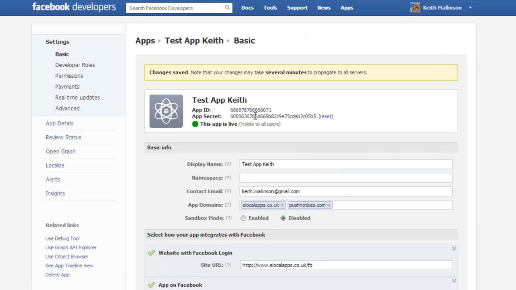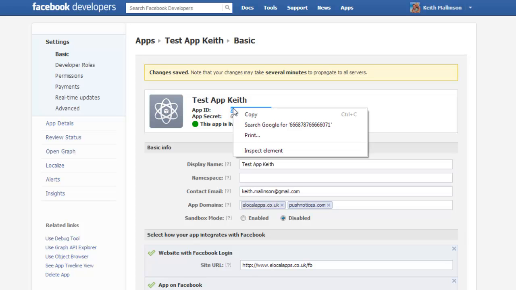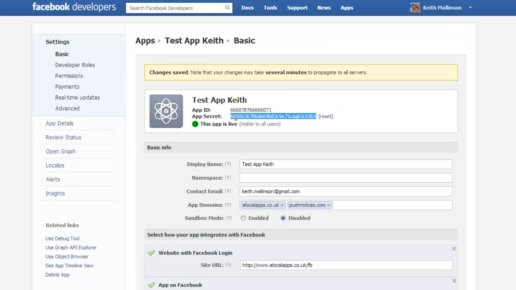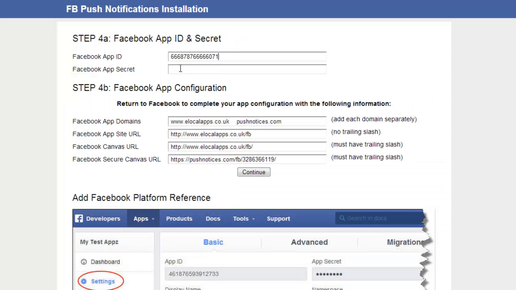There we go. So we now need to copy the app ID again. Go back over to our script, add that into this top field here. We now want the secret key. Double click that, right click and copy, and then add that to that field there. Now click on continue,